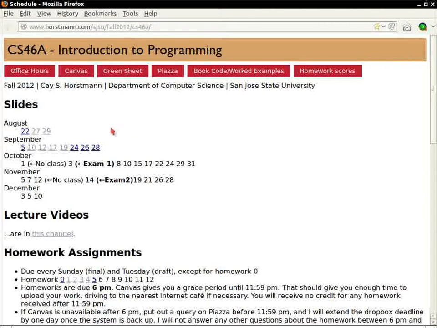So, just a quick look at the schedule. So we have class today, class on the 28th. No class on the 1st because I'm at a conference, and there's an exam on the 3rd. I already put out a practice exam, so go and have a look at the practice exam so you know what format these exams are like.